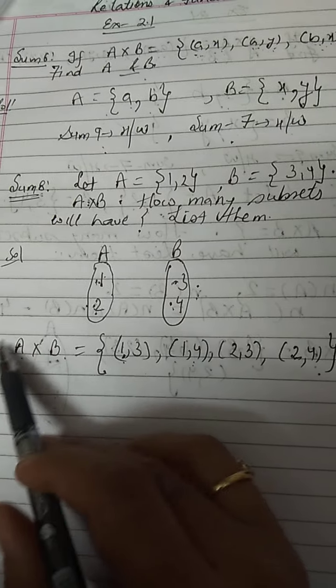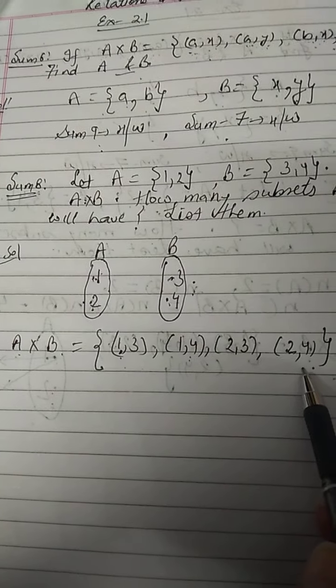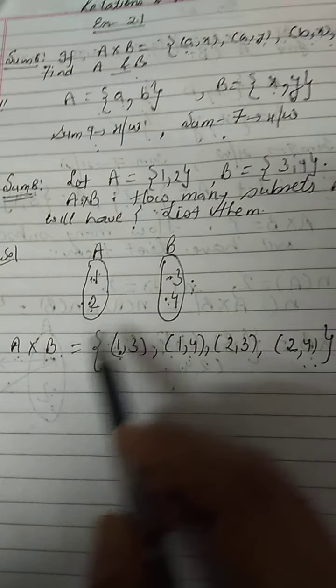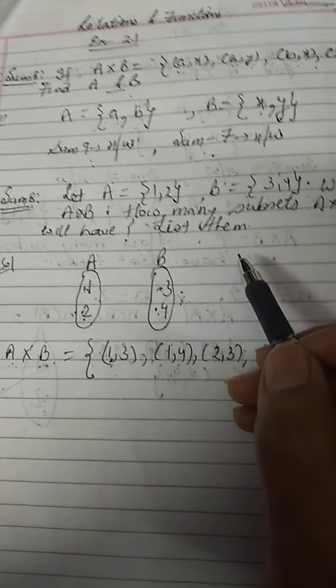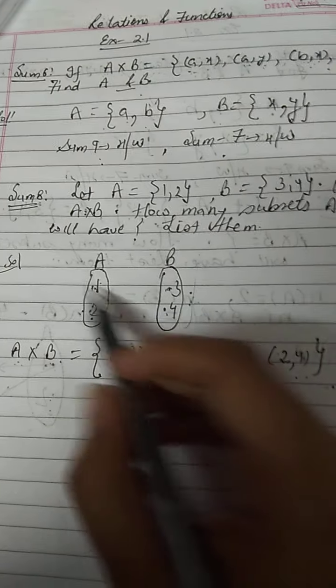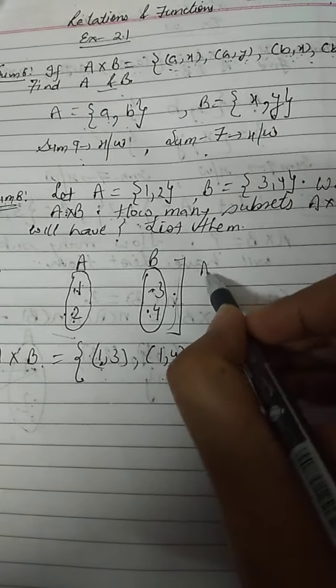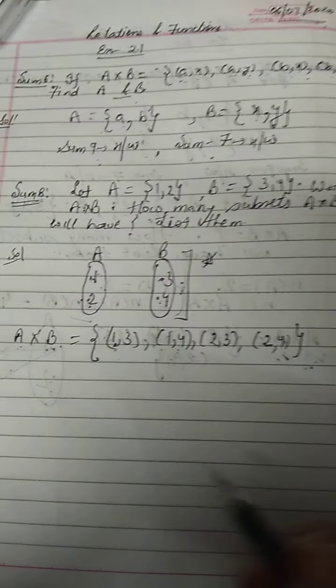And whatever you write down here, the order should be followed by all the ordered pairs of these two sets, right? When you are doing the sums in the register, there is no need to do this. I have done it just to explain to you. So this part you can exclude while writing. Okay, now A cross B is done.